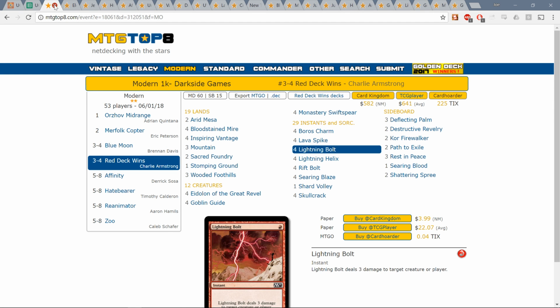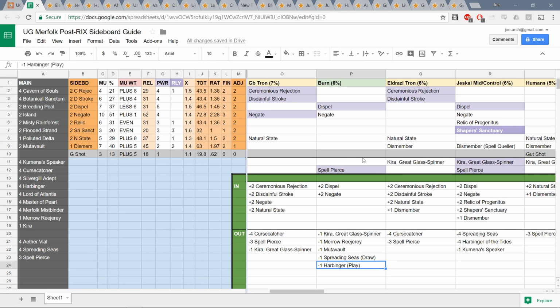Now, Burn actually became a much better matchup when I shifted the list towards playing more Spell Pierces, because Spell Pierce is just one of the best cards against Burn. Burn doesn't play a ton of lands, so they can very rarely pay for the tax that Spell